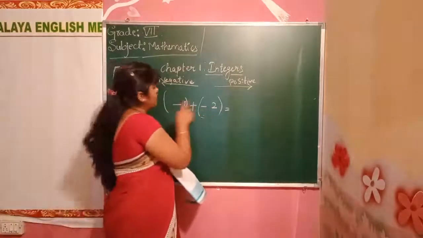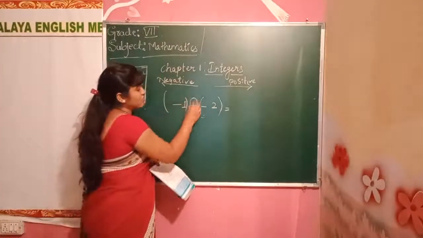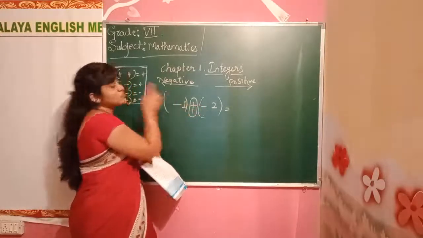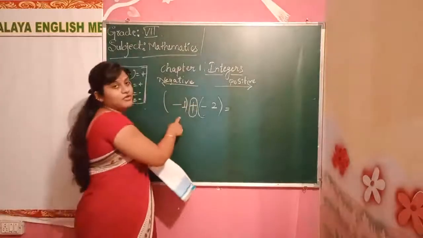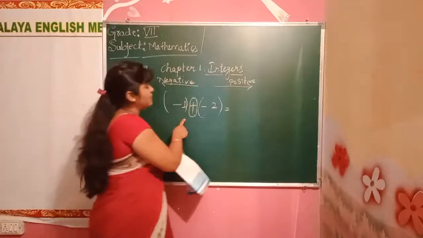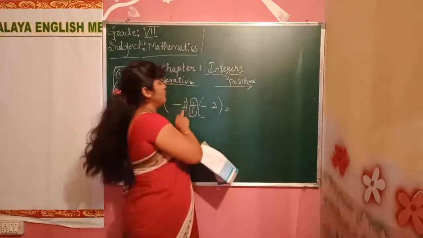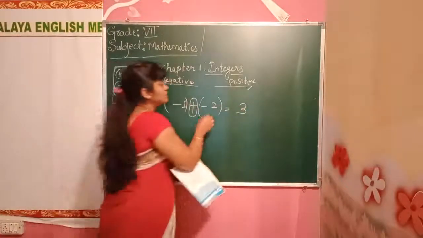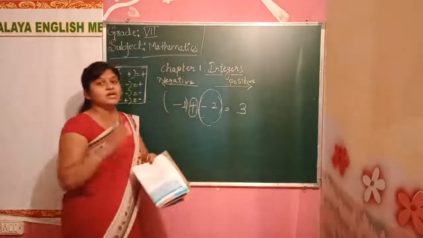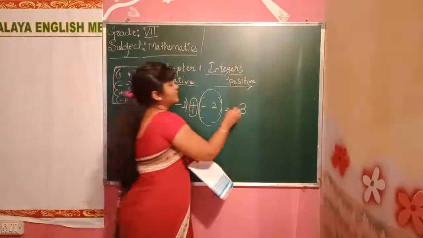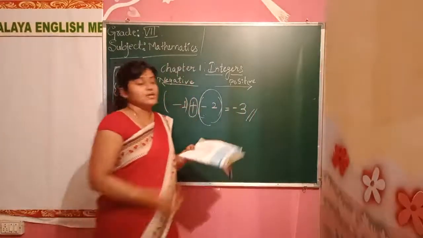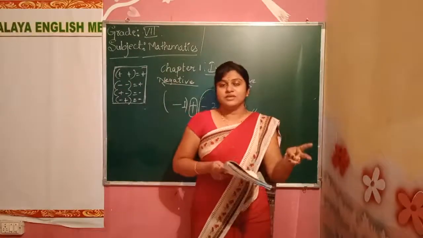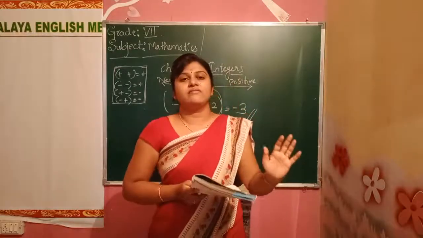-1 plus -2. First we have to see the signs; here we have a minus sign only. Now we have to see these two integer signs. Minus and minus will be plus, so we have to add the numbers. How much do we get? 1 plus 2 is 3. Which sign should we put? We put the sign of the biggest number. Which is the biggest number here? 2 is the biggest number, and its sign is minus. So the answer will be -3. That is what they are telling in the property: when we add two negative integers, we get a negative integer itself.